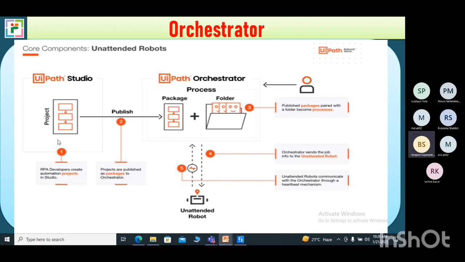After developing the project, it should be run and executed somewhere. What is the place exactly where we can run those projects or processes? We can run them in two different ways. Either we can run locally by just clicking on the run command, and by using UiPath Studio only we get the solution. But if we are expecting to run the same process in